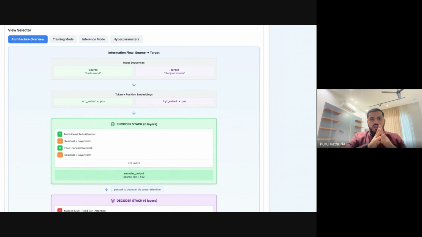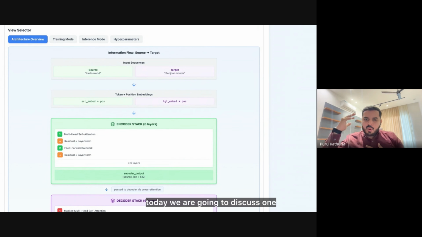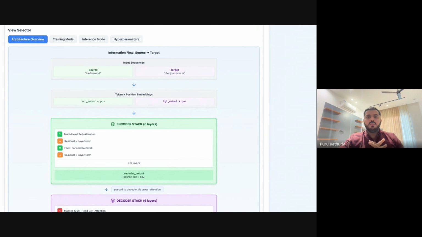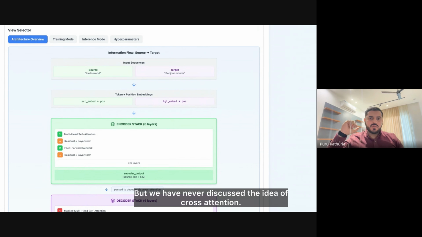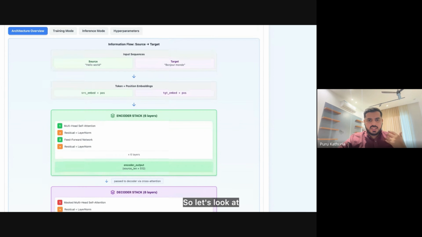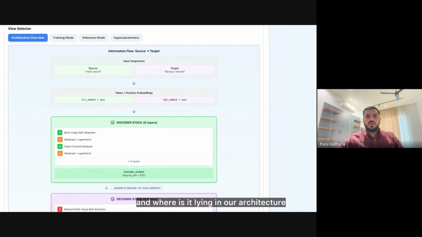Hi everyone. Today we are going to discuss one important nuance that we have never discussed in deep learning talks in the past 43 episodes. We have discussed the idea of attention a lot, right? But we have never discussed the idea of cross attention, right? So let's look at where it comes from and where it is lying in our architecture, which is worth